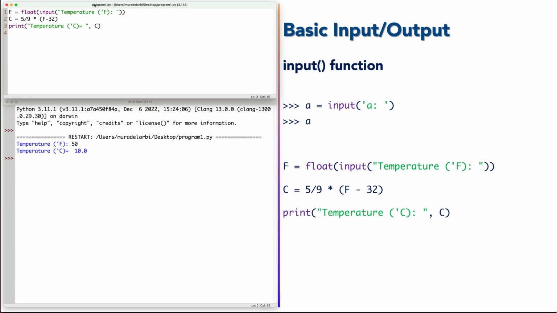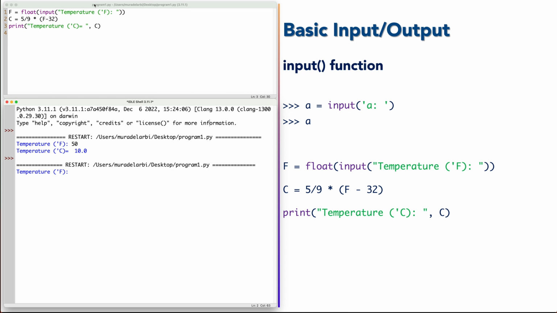Now we can have another run again. Notice that every time we press F5 or run the module, the IDLE shell will restart from the beginning. So it will clear all the previous memory and start from scratch without any saved values except those in the current script. Now let's enter a new value for temperature, 70